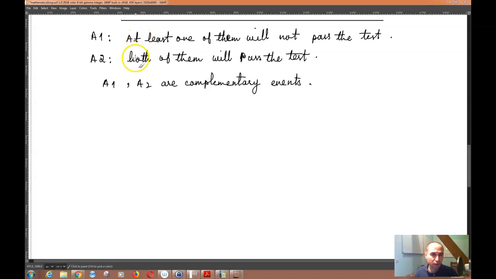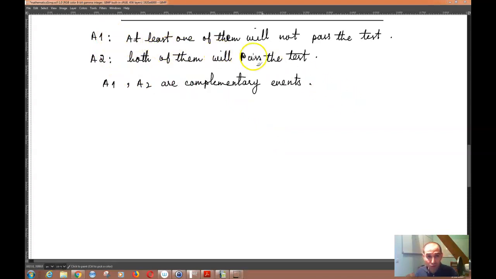And the opposite of that situation, complementary to that, would be that both of them will pass the test, meaning that there is no outcome that will result in any one of them not passing the test, right? So now, since A1 and A2 are complementary events, I can write